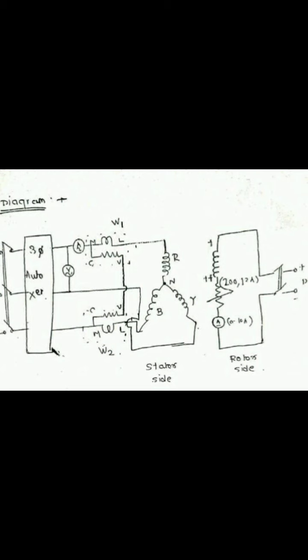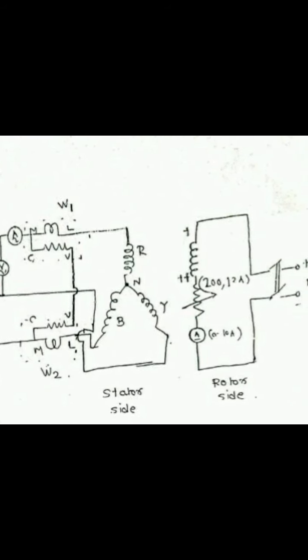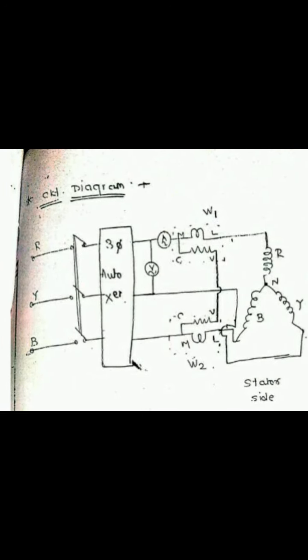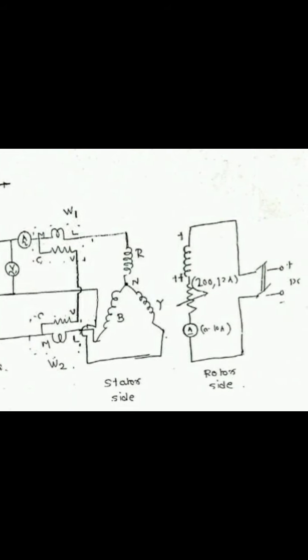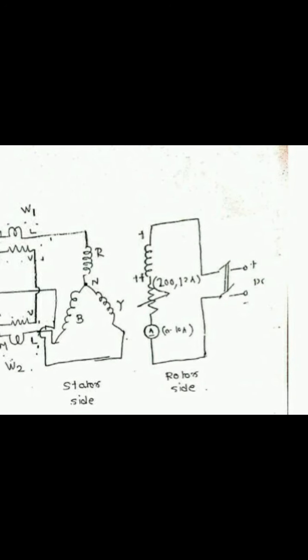That three-phase supply is given to the stator side of a synchronous motor. As we know, we are giving the supply to the armature, or the stator, of a synchronous machine. The stator is connected in star, and according to the construction, the rotor side has poles made up with damper bars or field winding. So we are giving DC excitation to that particular rotor side.